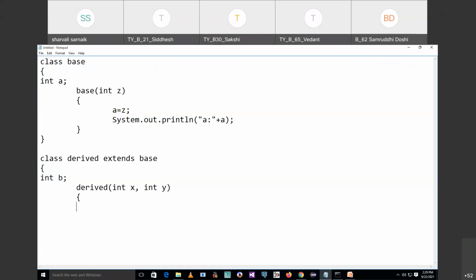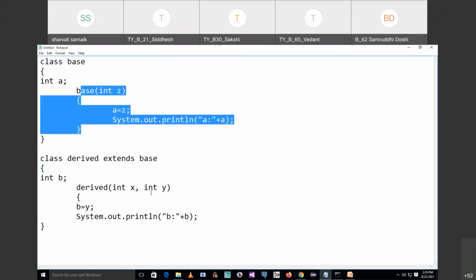I'm saying b is equal to y, and I'm printing the value of b. Now in the derived class, I want to give a call to this base class function. When we create an object of the derived class, it will automatically call the base class as well as the derived class parameterized constructors.